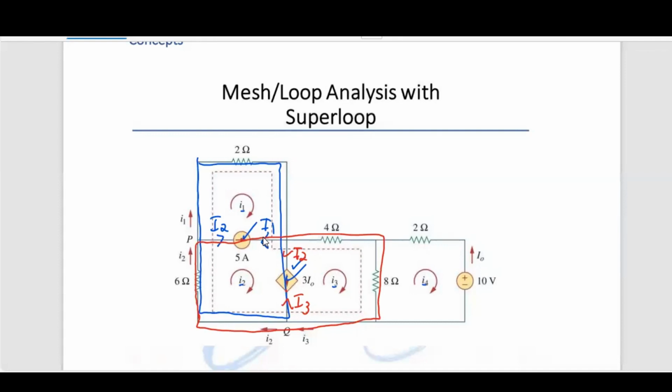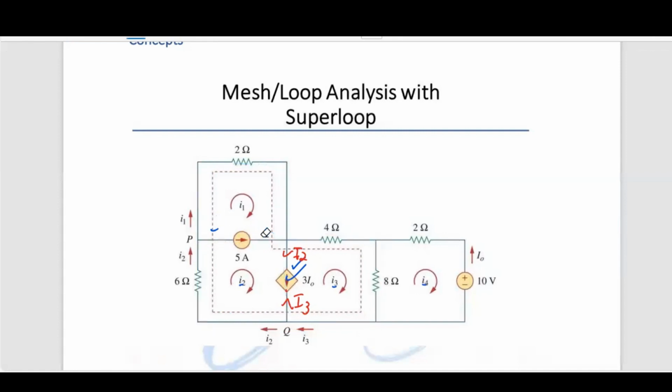All right, so that is how a super loop will look. It just happens when you have a current source and it joins two loops together. It literally intersects two loops. Because if you notice, let me just erase this. Watch what will happen. Why it's important that you need this. So if I'm looking at the I1 loop, right? If I go in here, up here,